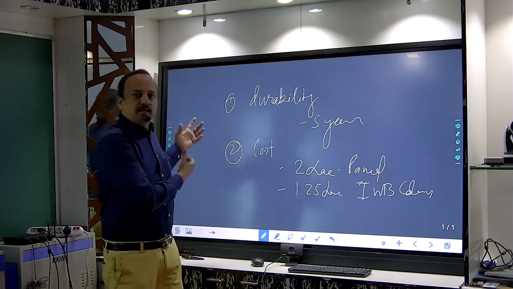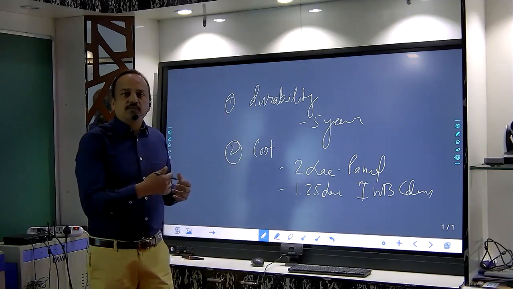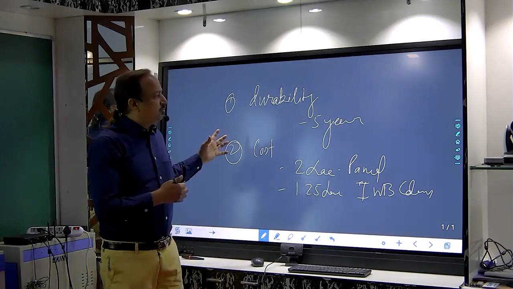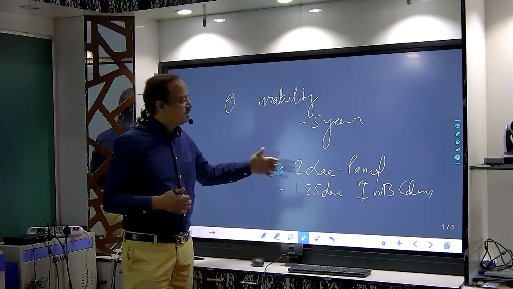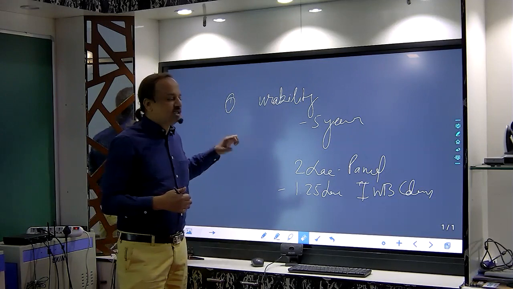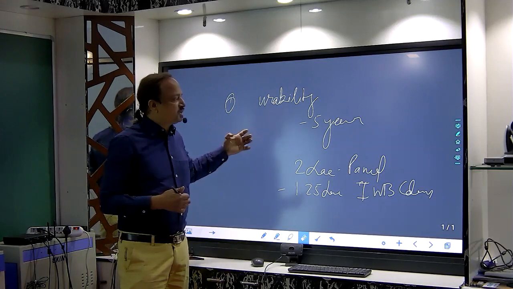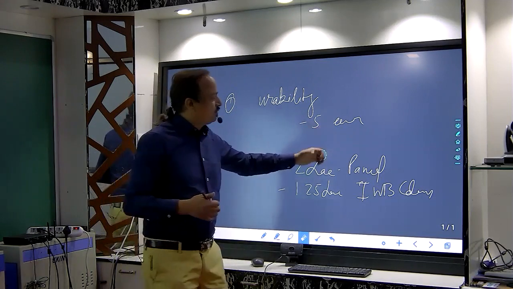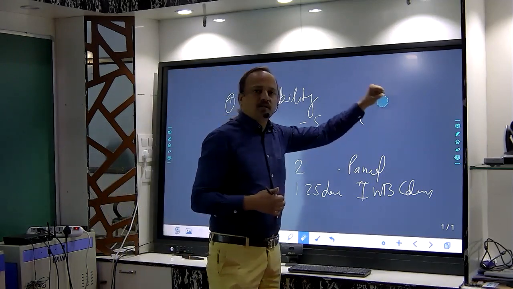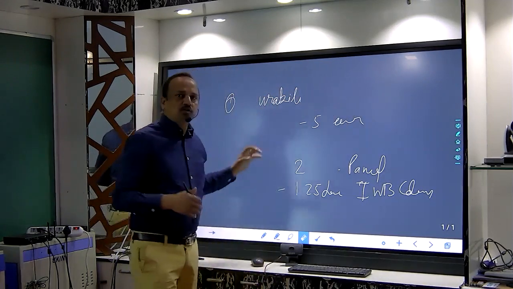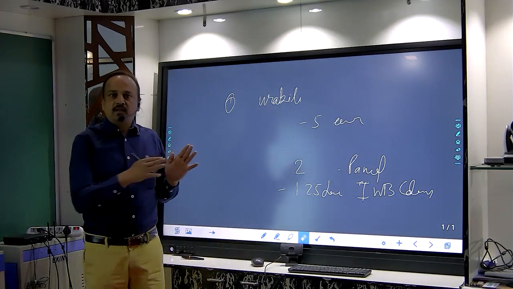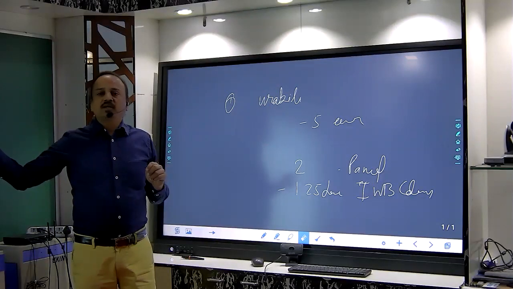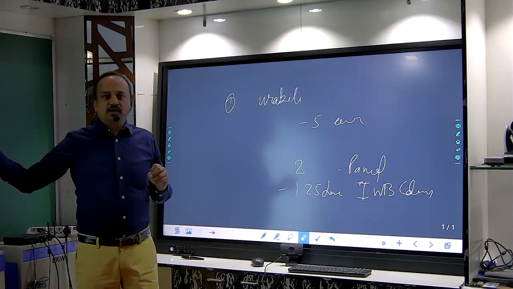You just hang it. You don't need any maintenance. People cannot play around with this. There is a toughened glass on top of this. So even if somebody is trying to damage it, throw a duster in the classrooms, it cannot be damaged. You see, if I'm throwing something onto this, it cannot be damaged. So this is the benefit of a panel classroom, and the shortcoming of the classroom with the interactive whiteboard.